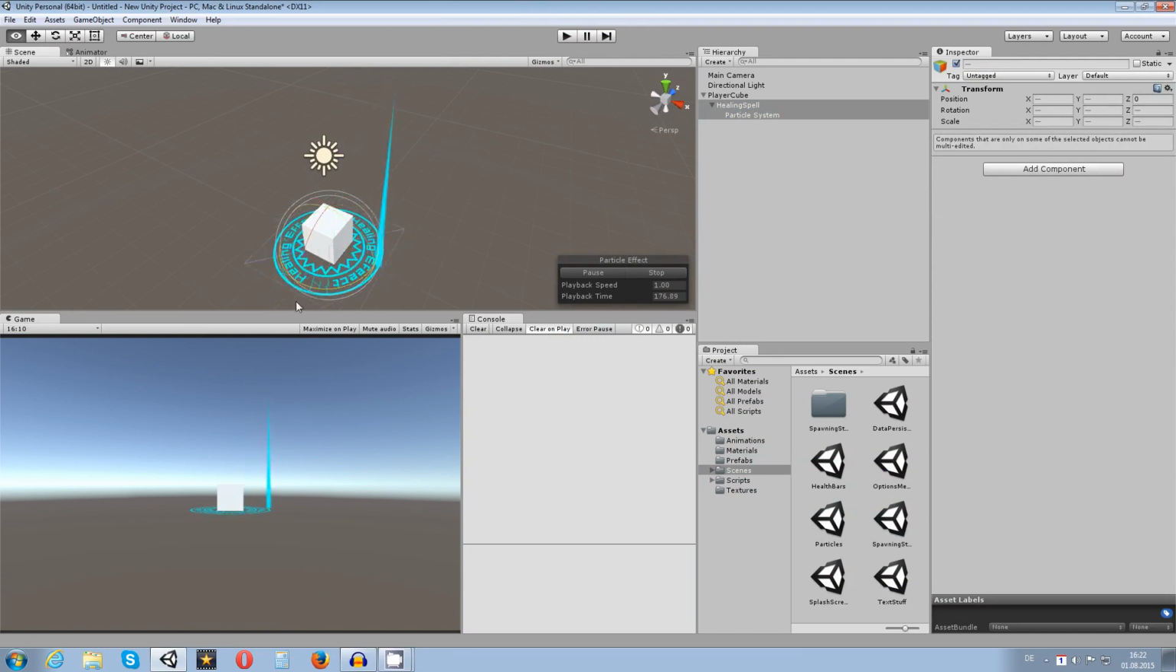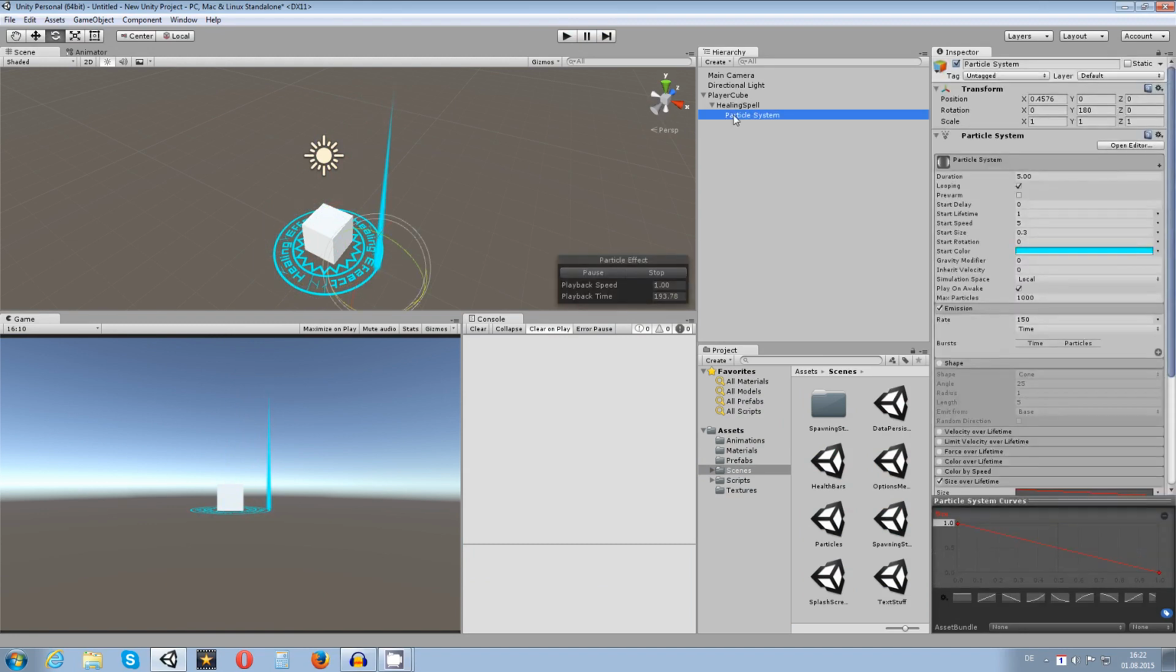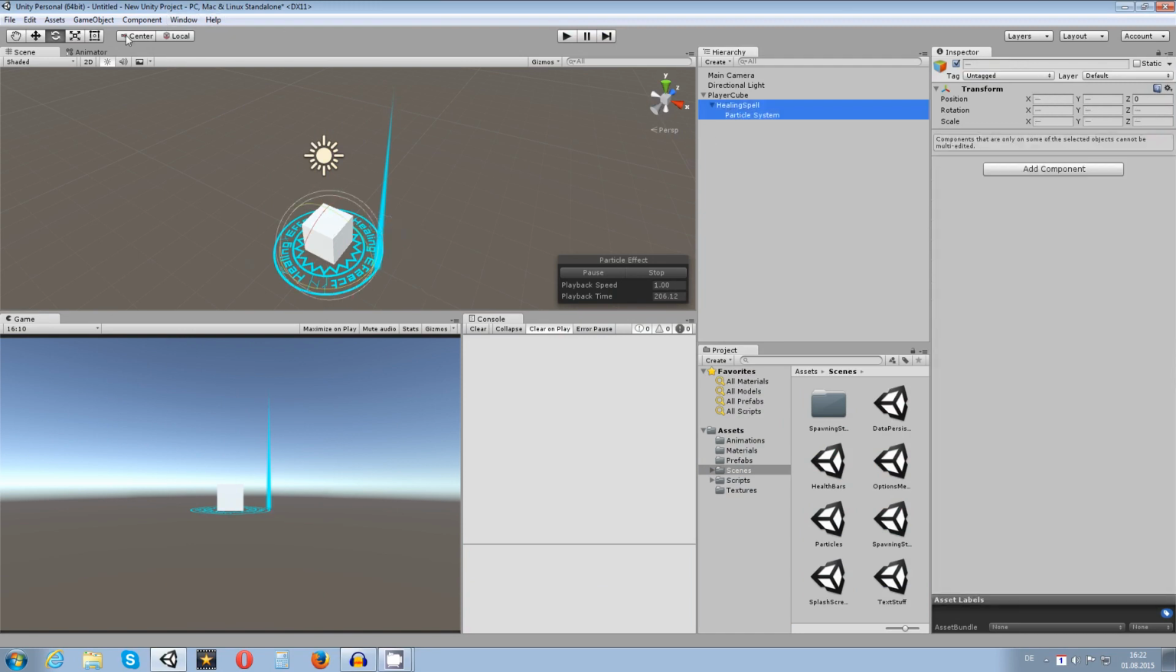Now you can see, I'm not 100% sure if this is the right way, but if I would rotate this healing circle, the particle system will stay at the same spot. So what we need to do is change the particle system's simulation space. Currently it's set to local, and we set this one to world. What is going to happen is when